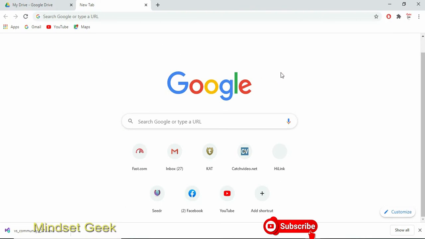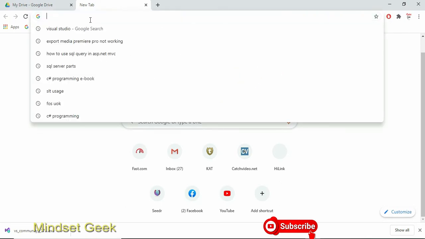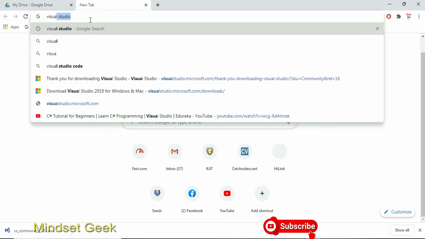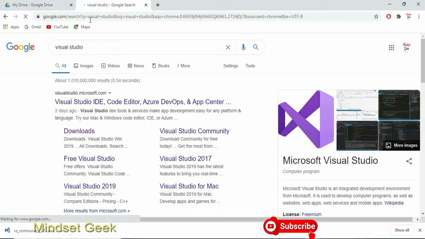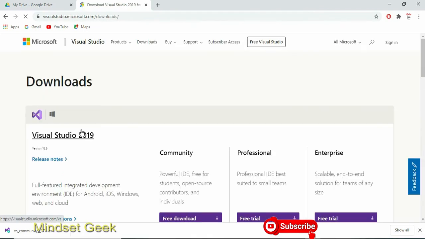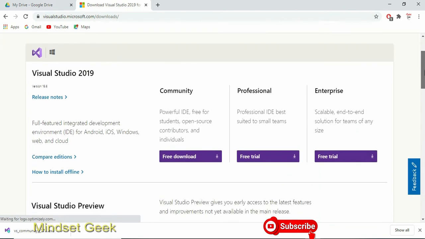Right, open your browser and type Visual Studio. Then you can move into visualstudio.microsoft.com. They provide direct download links. Now you have three packages: Community Edition, Professional Edition, and Enterprise Edition.